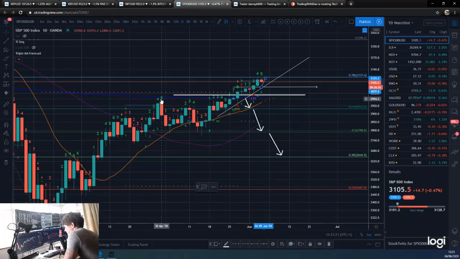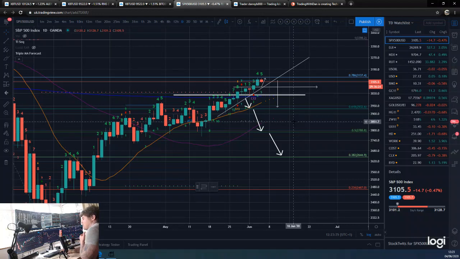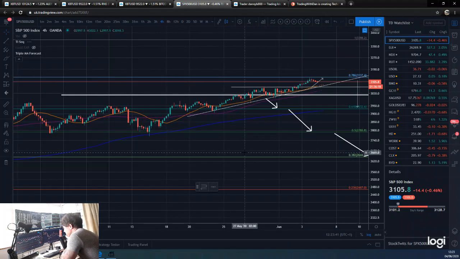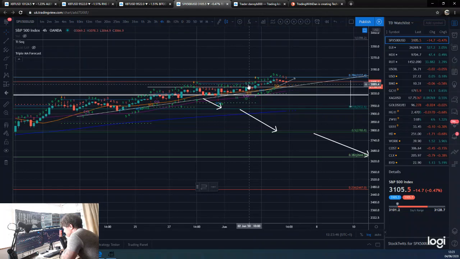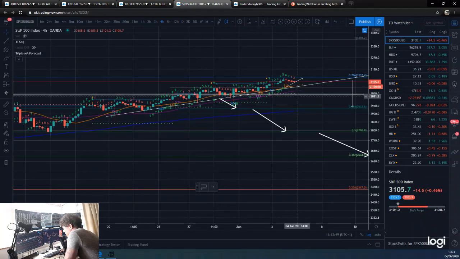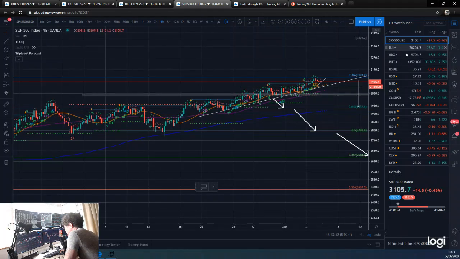I mean potentially just down to the top of this line here. So we'll draw it on actually, so we can see what we mean. So potentially down to the 618 and retest that. That's basically an initial first target. And then clearly we'll have to see what happens from there. But anyway, right, so look, what have we got? Anything interesting on the 4 hour? We have got a 4 hour 9 here, so a potential sell trade if you break below there, but that's the same level we've got here from the top of this 9 also. So nothing we can really draw on there.